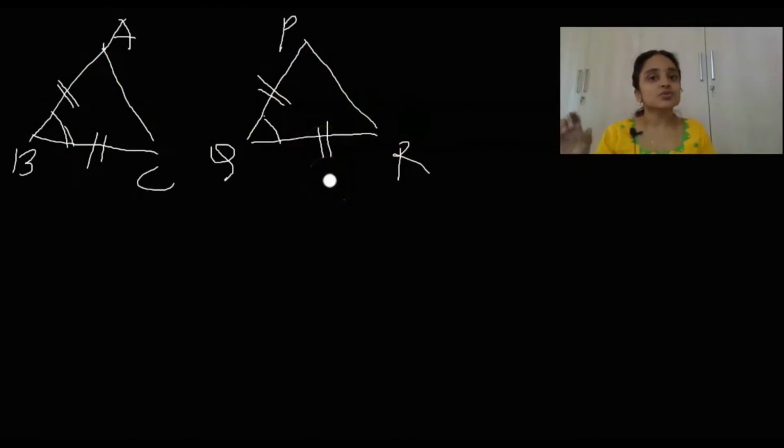So, for these two triangles to be congruent, we have to prove that two corresponding sides and the angle included between these equal sides are equal. What is this rule called? It is called the SAS congruence rule. That is, the angle is in between the two corresponding sides which are equal. That is why it is SAS: two sides and the angle in between. Now we'll see examples 1 and 2 from the text, which are based on this rule.